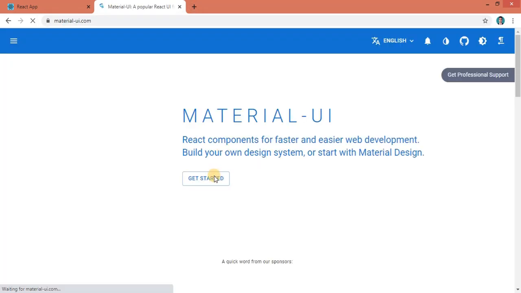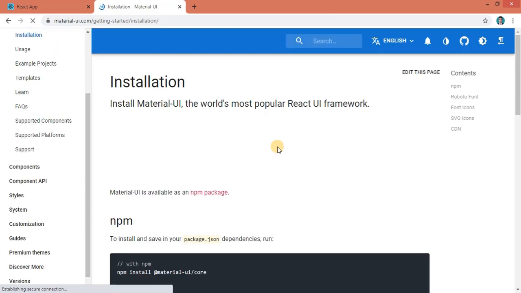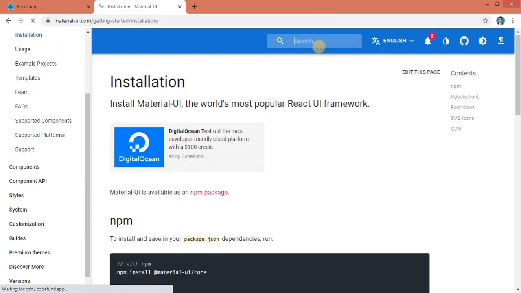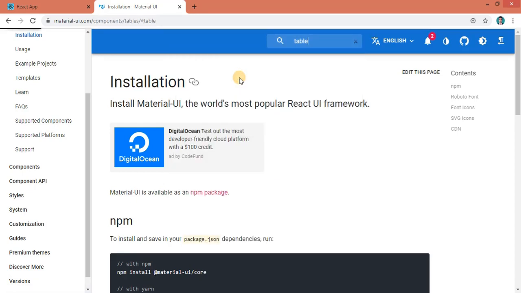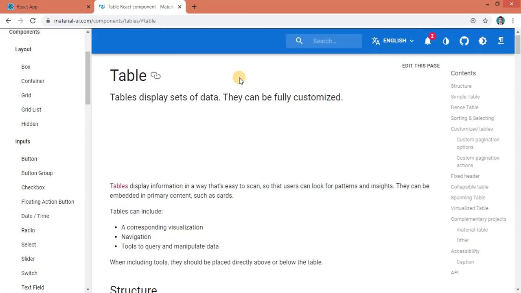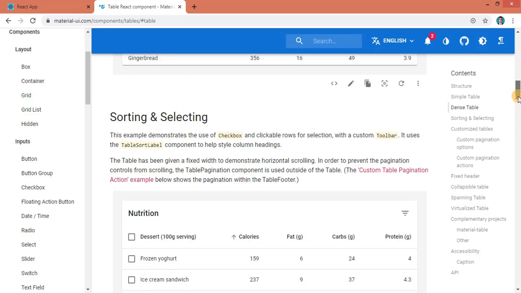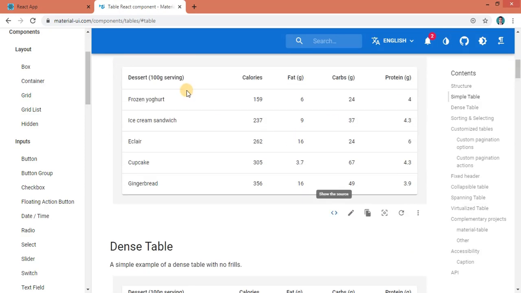Okay, so you can see here this is the material UI, and let me look here for the table. So as you can see here, we have a table, so it's looking good. This table doesn't have much functionality.